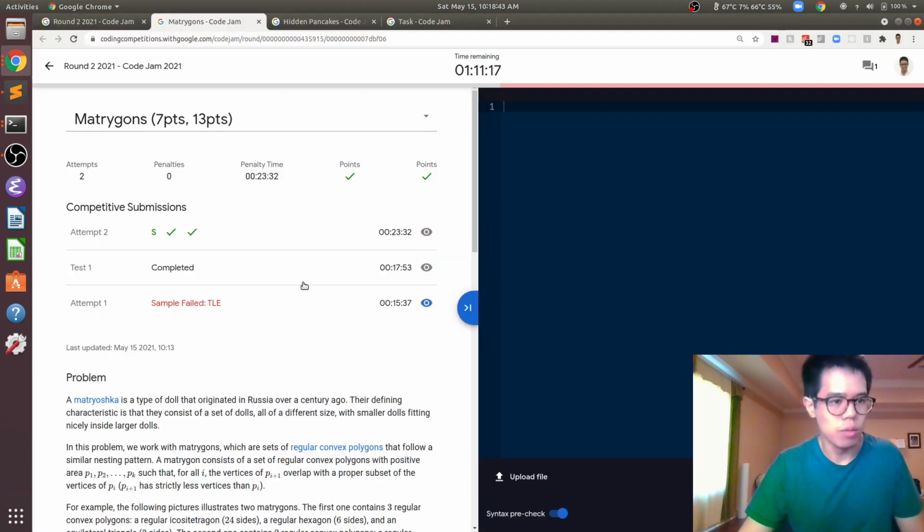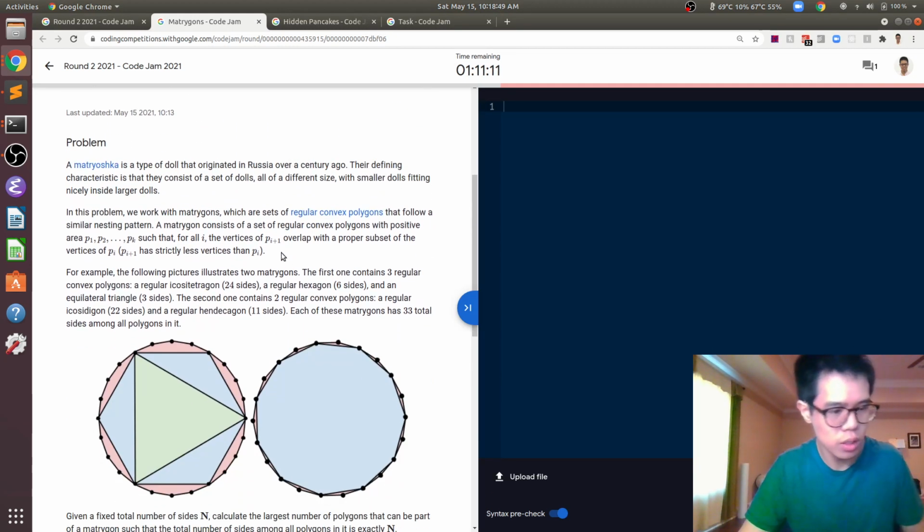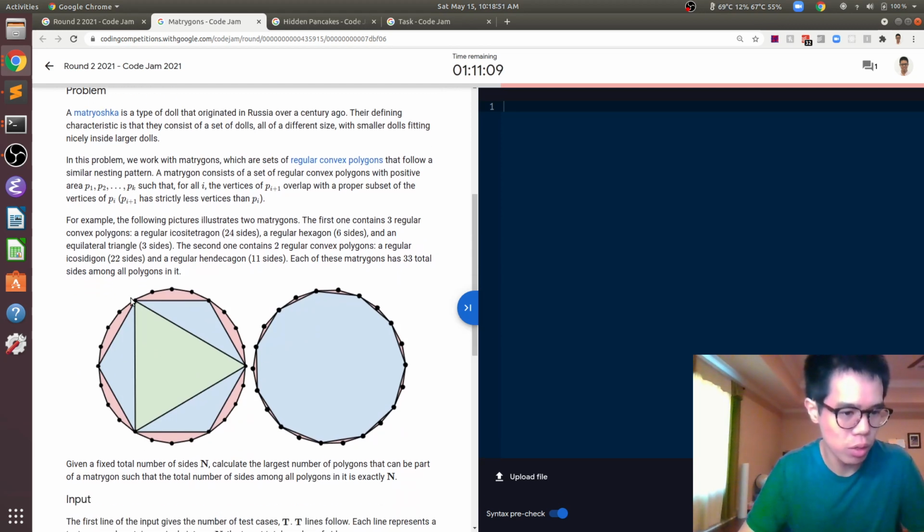All right, here we go. Second problem, Matrygons. Basically the idea is we have a regular polygon, more like a bunch of layers of regular polygons. And for each consecutive pair in the layer, it's contained in the next polygon. In particular, the vertices have to match the vertices of the next polygon. So this triangle has 3 vertices, which are 3 of the 6 vertices of this hexagon. This hexagon's 6 vertices are 6 out of 24 vertices of this